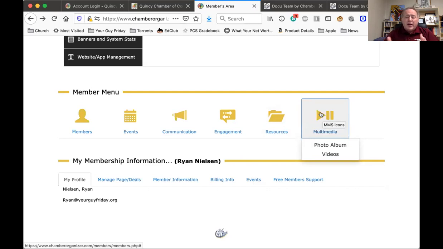And so it used to be that that was very difficult, or it was not easily accessible or easy to do. It's much, much easier now. And so this system was developed and has been refined over the years. And so it was made available so that the chamber could put together photo albums and put photos in there for members and things, as well as videos.